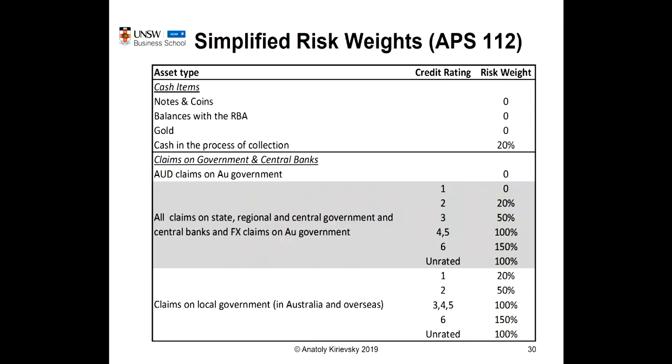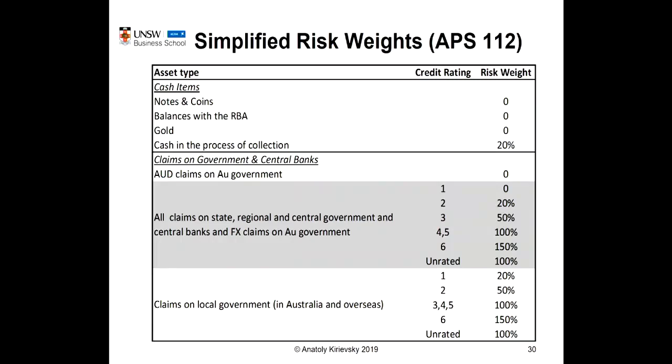So any other claims, so this is all claims on state governments, regional governments, central governments, and central banks, as well as foreign exchange claims on the Australian government. For example, if you lend money to the state of New York, the state of Alabama, or to the New South Wales government. Regional: some countries work on regions. I don't know, in France, if you lend to a province, regional government, and central government. So if you lend to any other overseas government, central government, or central bank, as well as any foreign exchange claims on the Australian government, so US dollar loans to the Aussie government, any of those,